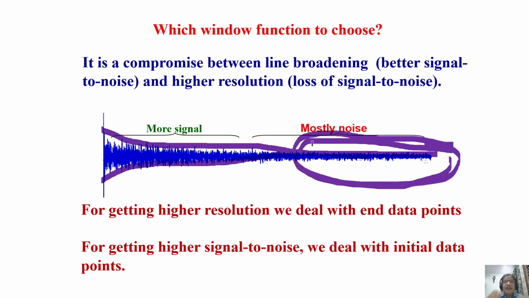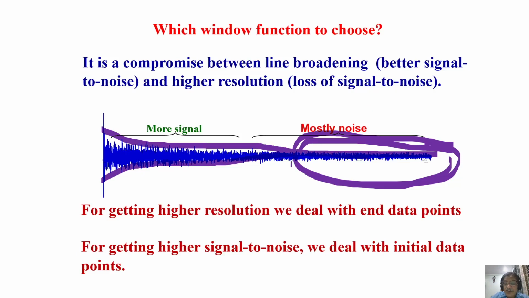If I multiply by a function, let us say this is called a line broadening function. If the line broadening function is 1 hertz, what does it mean? All the peaks of your spectrum, you are increasing the line width by 1 hertz. Let us say I have 20 peaks. Each peak has its own natural line width. Now you are multiplying by the window function, which is exponentially decaying with, let us say, 1 hertz. Then every peak will get broadened, the width will be increased by 1 hertz.